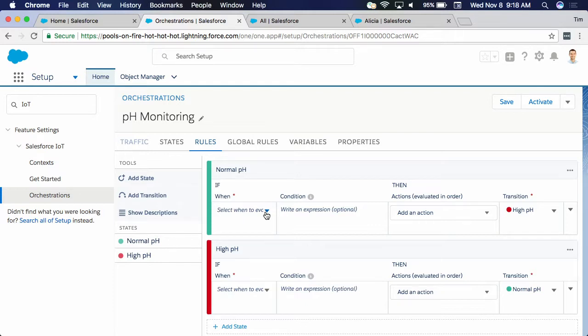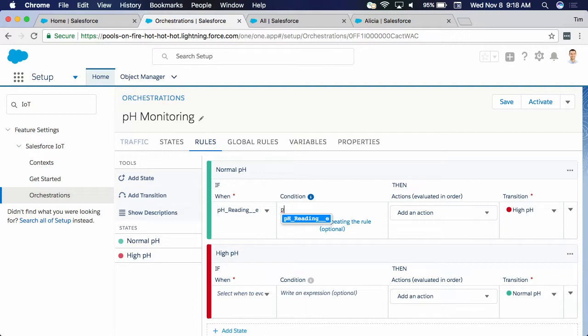So what do you think? Well, the thing that I'm really reading is that platform event. And when I get the platform event that has an abnormal pH, that's how I know to move to a different state. Perfect. So let's take a look. When an event comes in, that is data telling me I need to update my world. And so what we're telling Salesforce now is, when that reading comes in, check the pH level. And if it's crazy, the pool is now in a bad state,